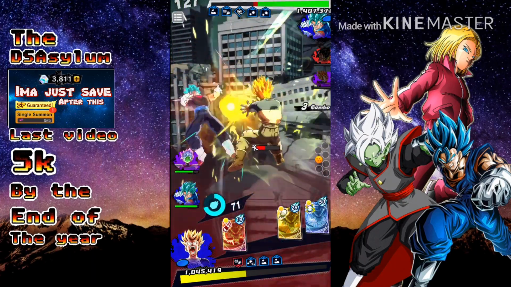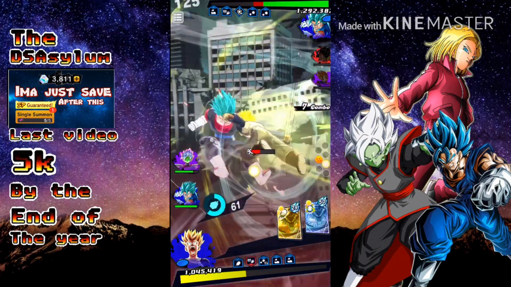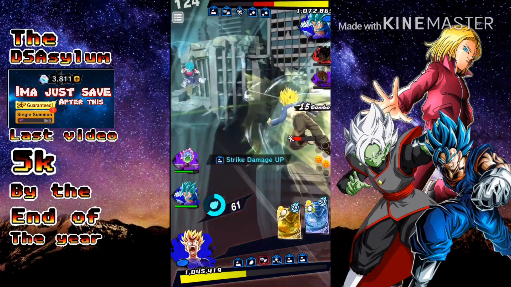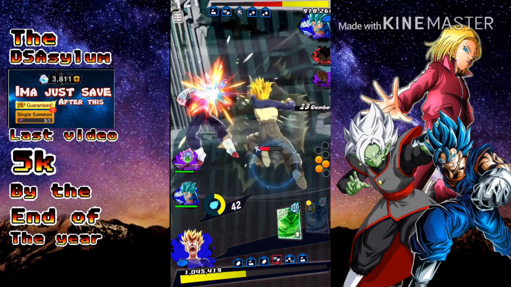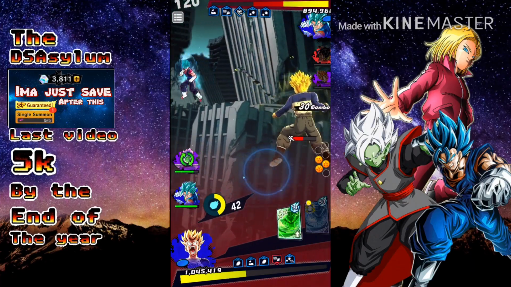It was the fact that I don't think he should have been an EX unit. He 100% should have just been a free Rising Battle unit like base Vegito was. Why give base Vegito that treatment but not base Gogeta? It's the same damn thing. But anyway,